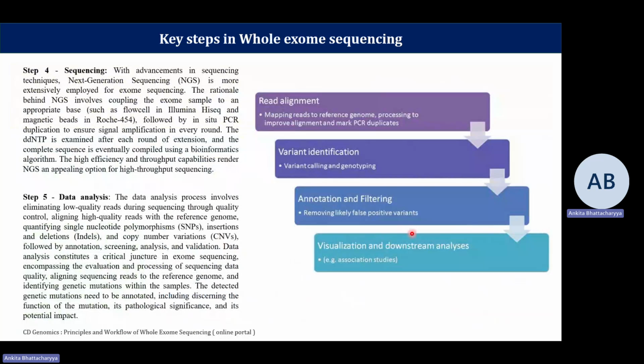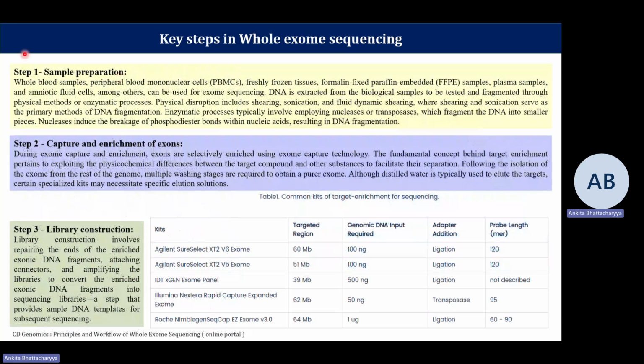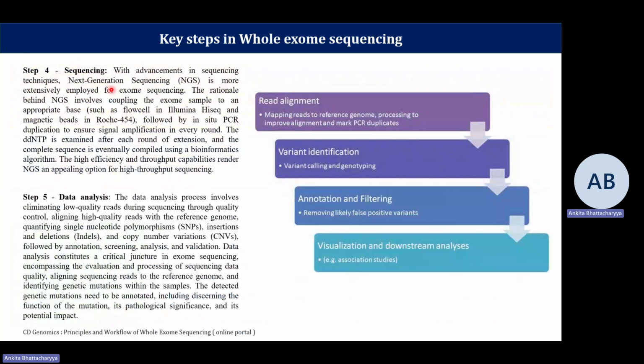Now, in continuation with what we have seen here, initially the sample has to be prepared, following which you have to capture the exons and enrich them. Then you need to construct a library out of it, for which you enrich the population in a certain manner for these exonic DNA fragments and then use them as templates for subsequent sequencing. Then in step 4, you actually carry out the sequencing that we've been talking about for so long,